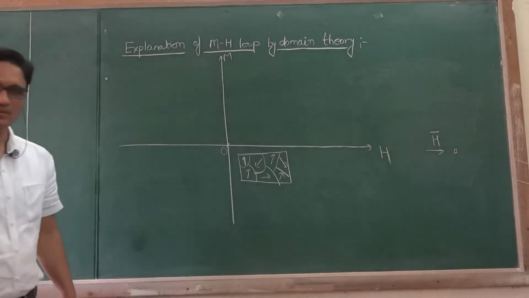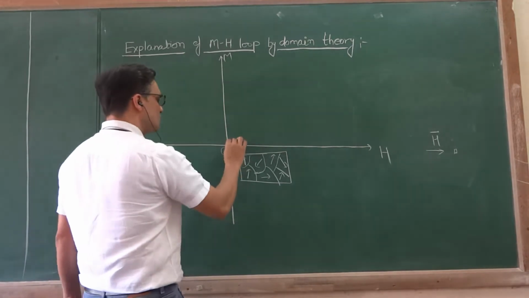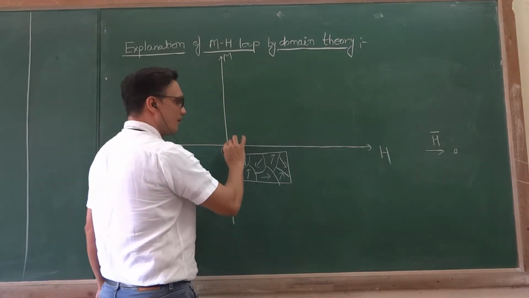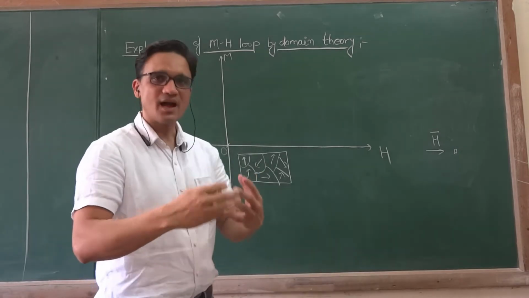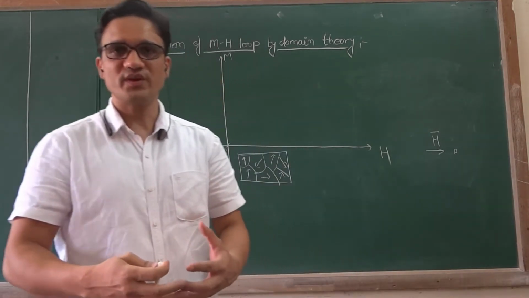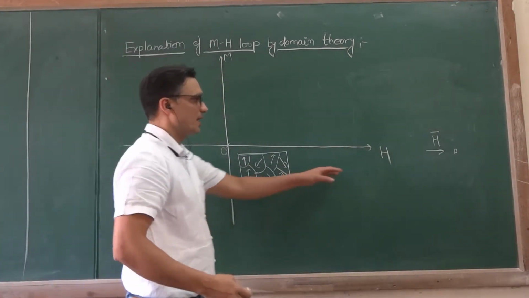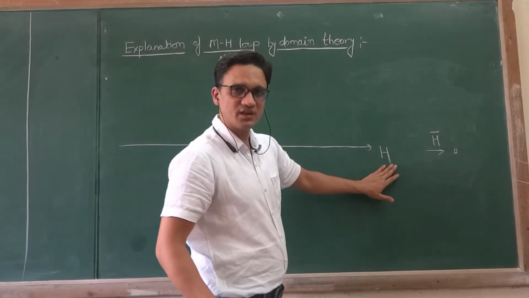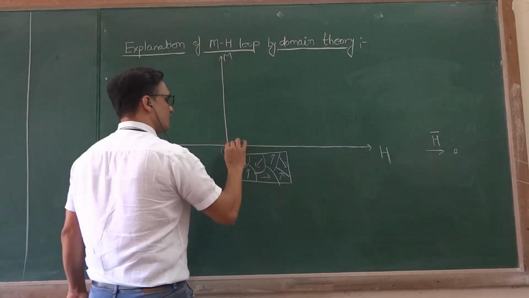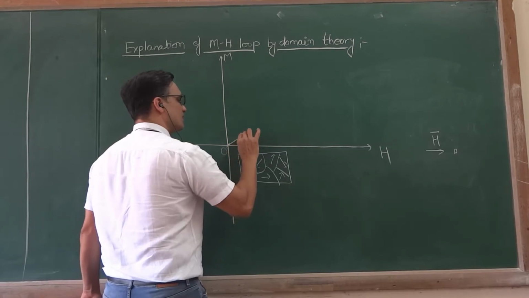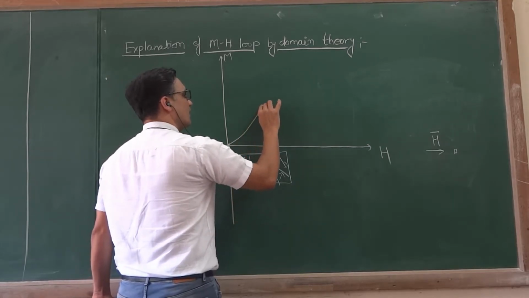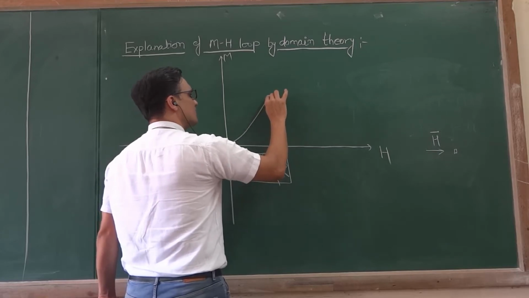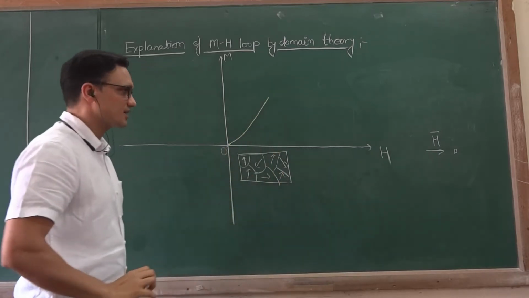As we start to increase the external magnetic field, these domains will try to align in the direction of the external magnetic field by taking energy from it. So first the magnetization will increase like this, and after a certain external magnetic field,